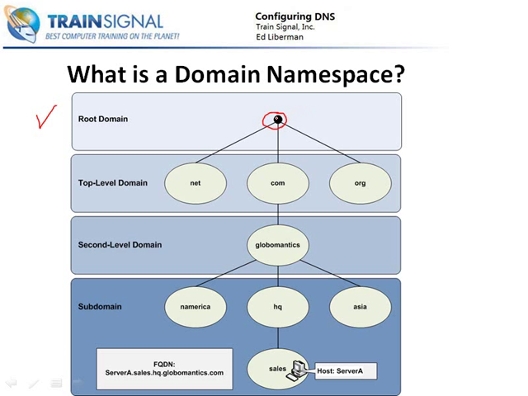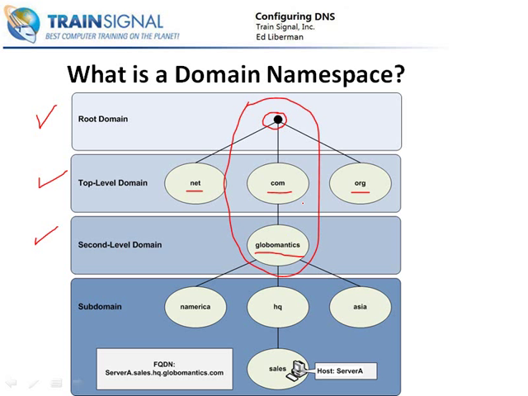Under that dot, or to the left of the dot in a name, would then be the top level domain. Now, the top level domains are your .nets, .coms, .orgs, .info, .gov, .edu. There's a number of them. Those are your top level domains. Then we move further down through the tree into our second level domain, and that would then be the name of, typically, a company. And our example here is Global Mantics. So in this example, if we took just this chunk of the tree, that's our globalmantics.com